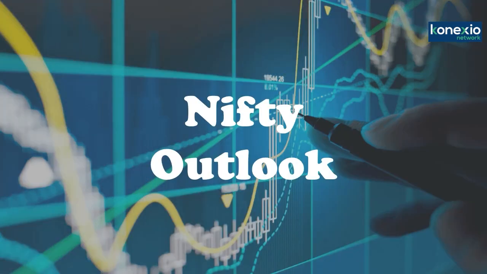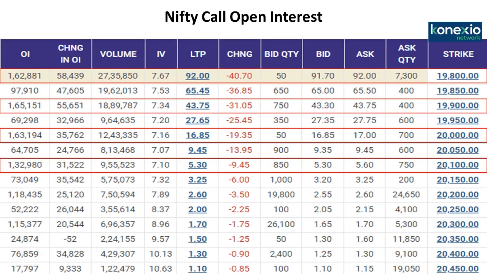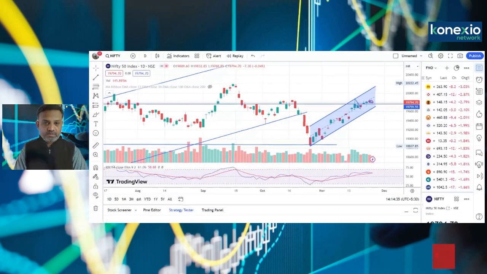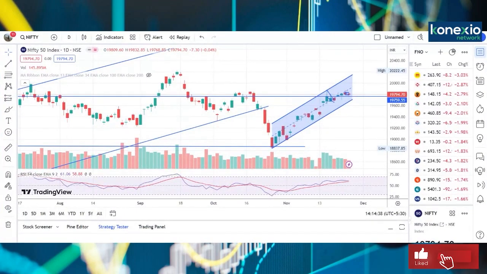So now friends, let us go to the Nifty daily charts and we'll try to figure out what is the setup and what could be the trend for the next week. So friends, on the Nifty daily charts, Nifty has formed a sideways pattern. You can clearly see on the Nifty daily chart it is moving in an upward rising channel, making higher tops, higher bottoms, and currently you can clearly see that Nifty had traded sideways to positive throughout the week and ended on a positive note on a weekly basis.